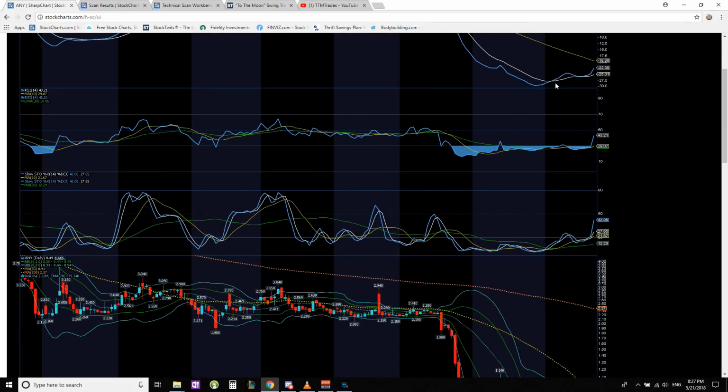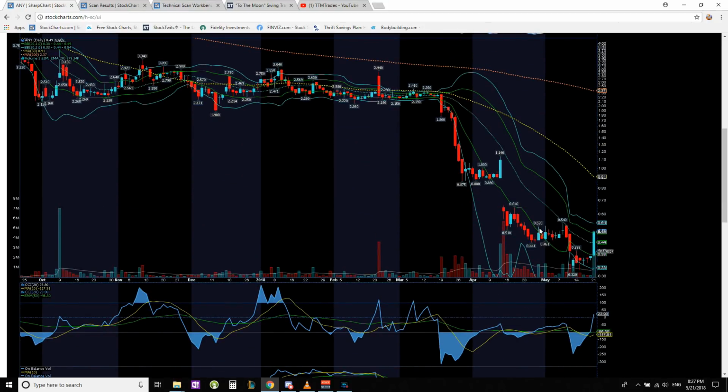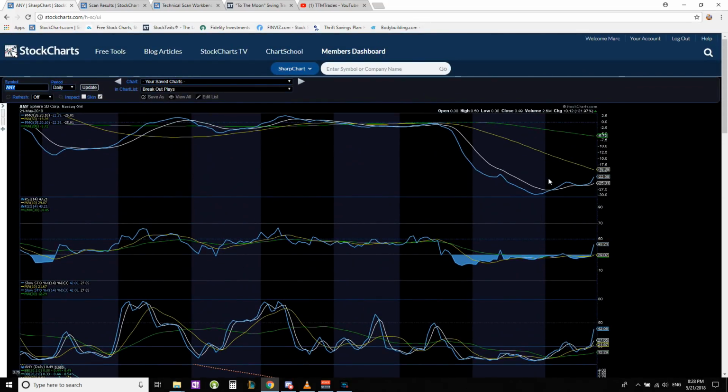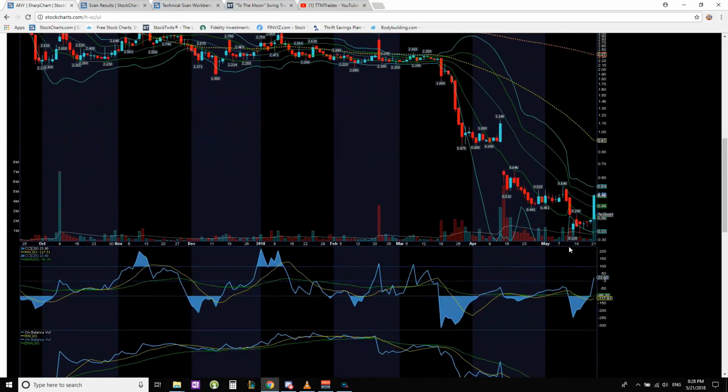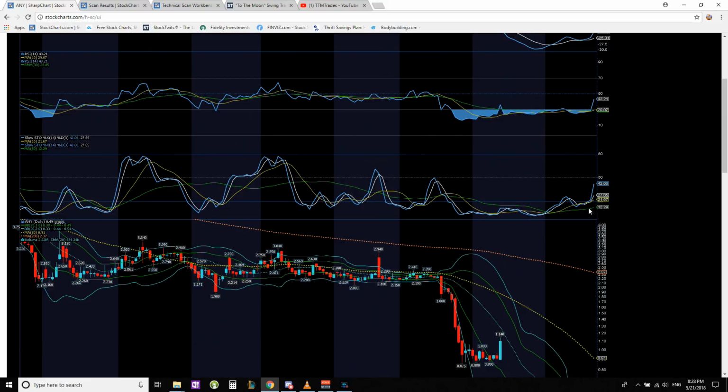Now what we have here is you get the crossover to show that the bears, as far as the stock goes, are beginning to weaken, and the bulls are beginning to come in and accumulate shares and hold in this price range. As you can see here, you get this large spike in volume. I'm not sure if this is based off news or not. I haven't checked the fundamentals on this, so if you want to look into the fundamentals, go ahead. But based off peer chart analysis,